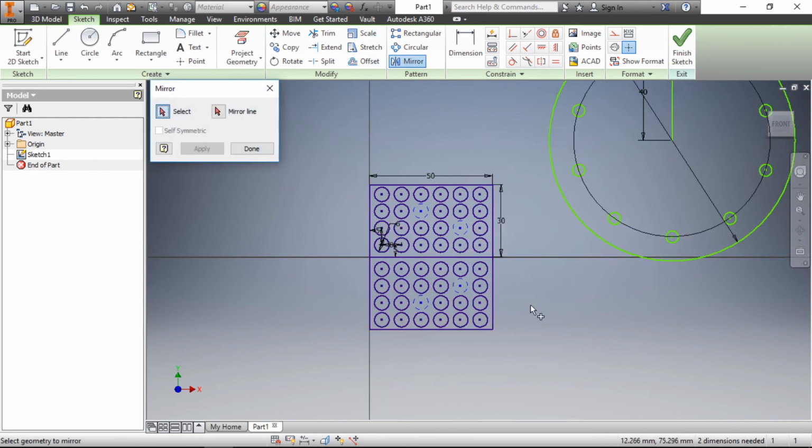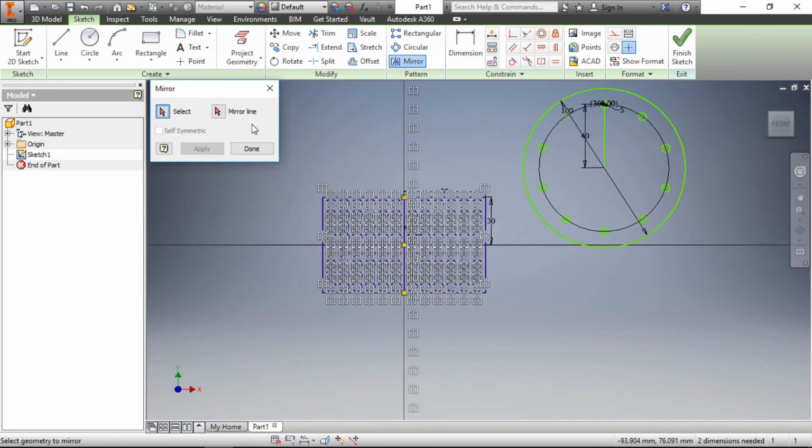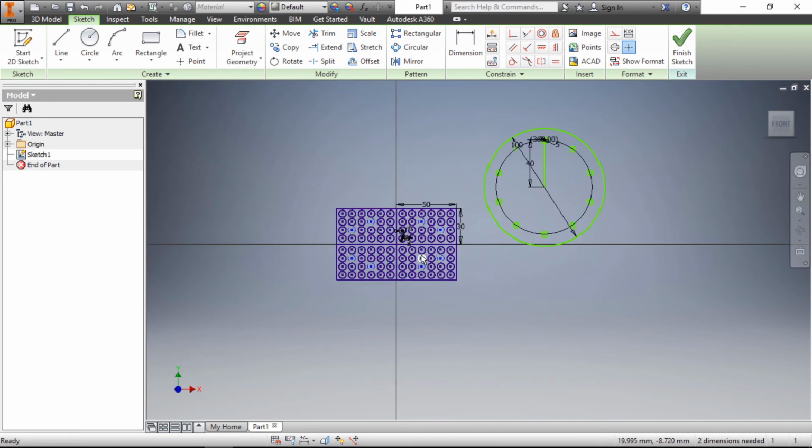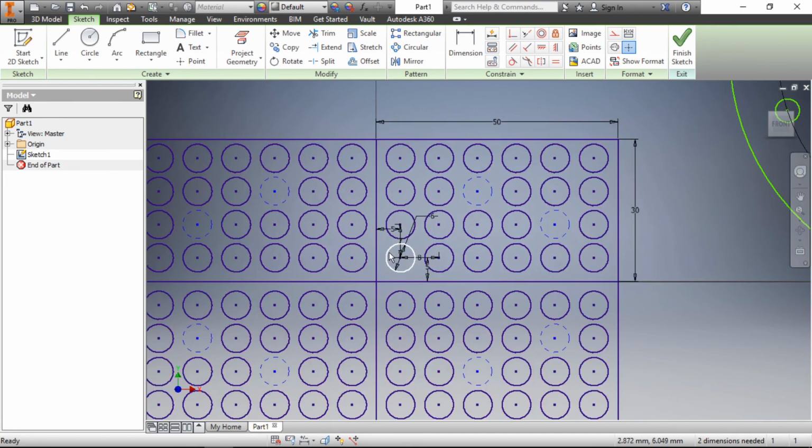Let me give another mirror. Select mirror. This time I will select this entire profile. Select mirror. Now this time I will create a mirror with respect to this vertical line. Select this vertical line and then apply. Then done. So first we made this rectangle and then created only one hole.